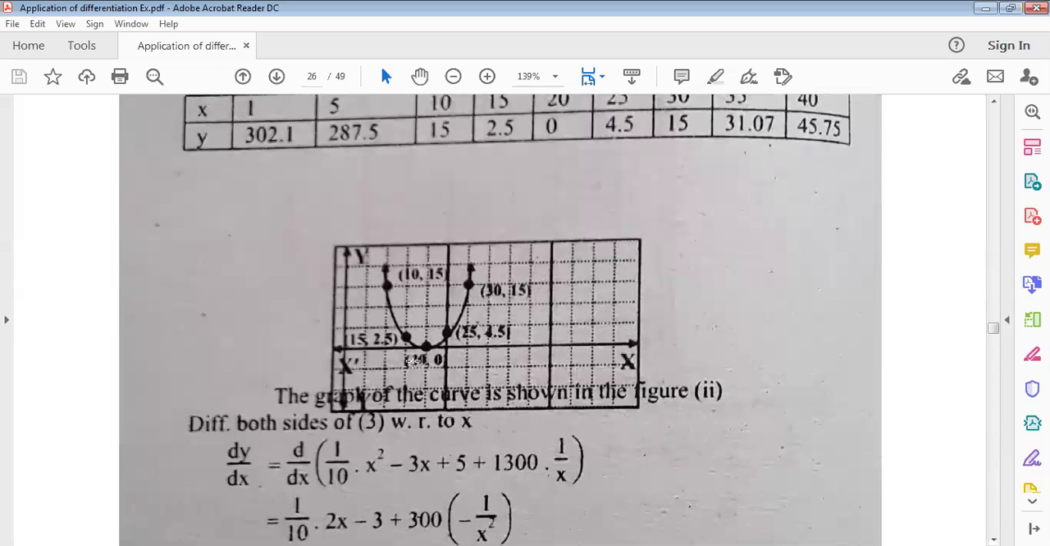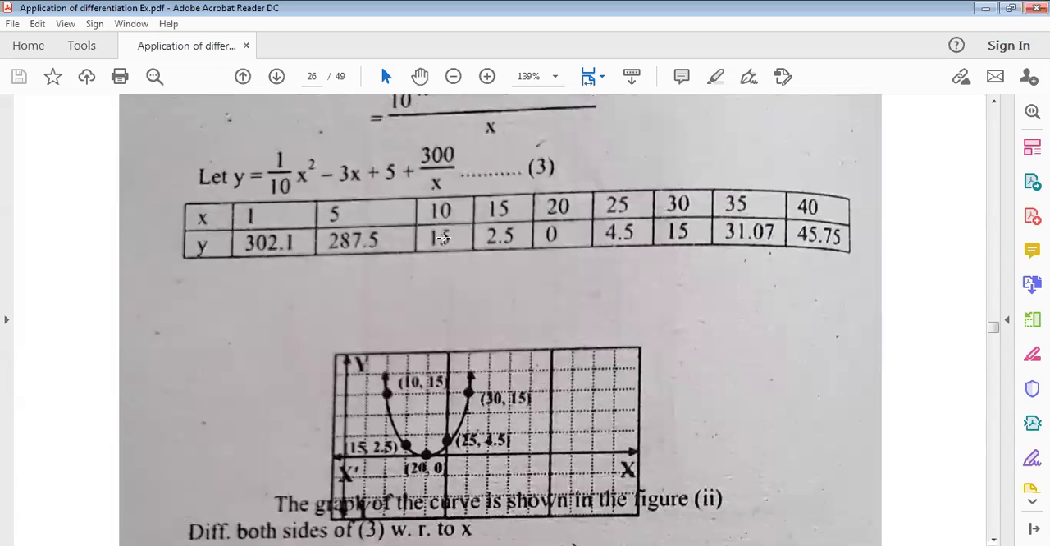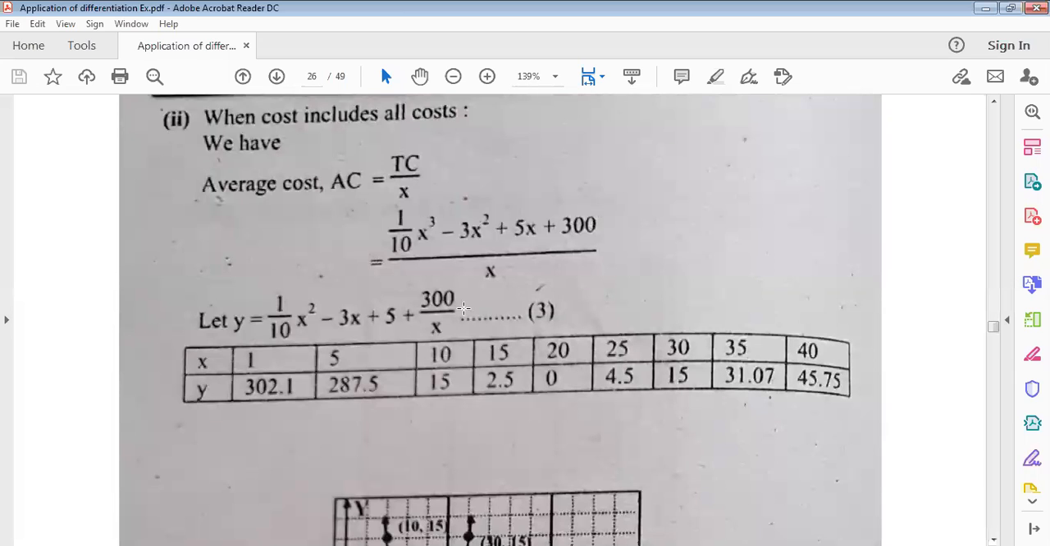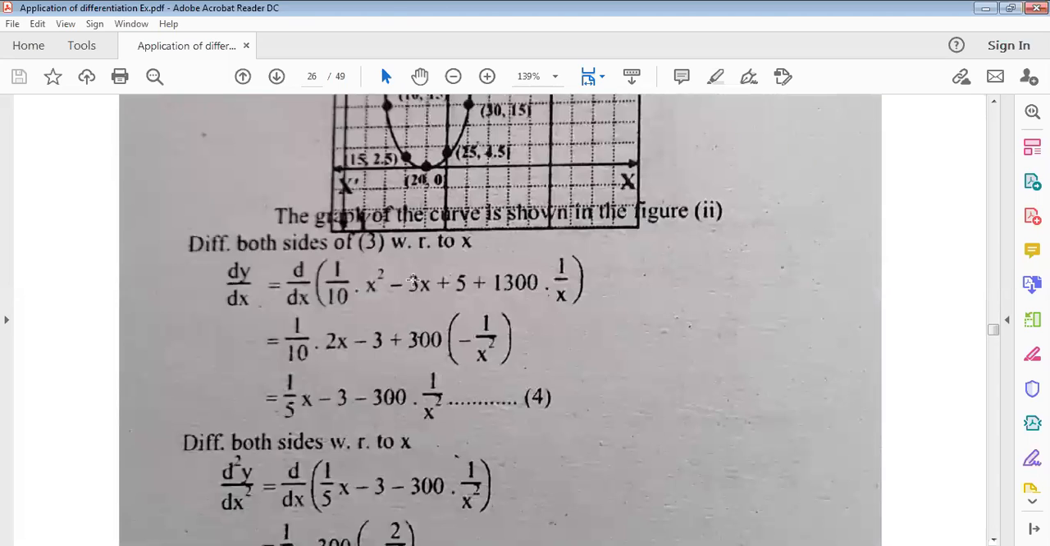You have to draw this figure using these values. Now differentiating equation number 3, we have to minimize the cost. If we want to minimize this cost, we have to take the first differentiation dy/dx on both sides. Then we get 1 by 10 x square differentiation, twice x, x differentiation 1, 5 differentiation will be 0,